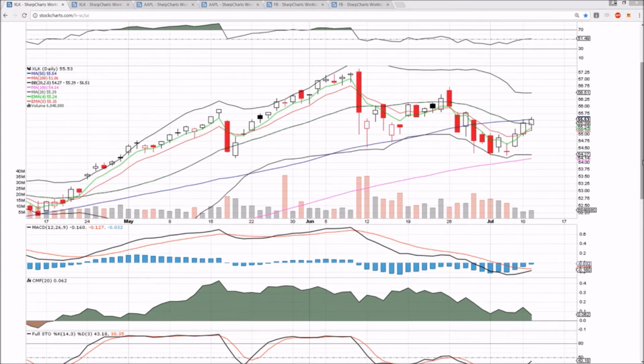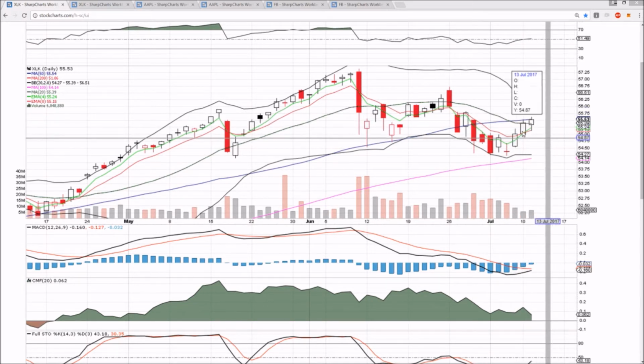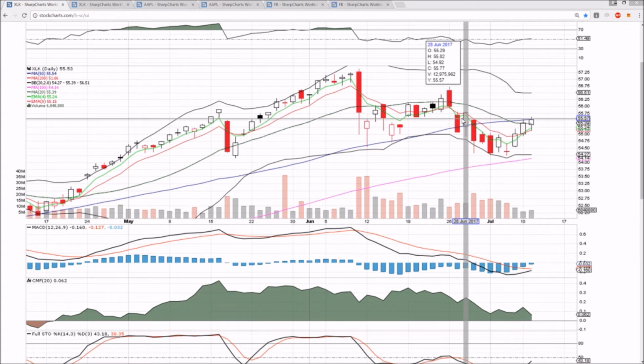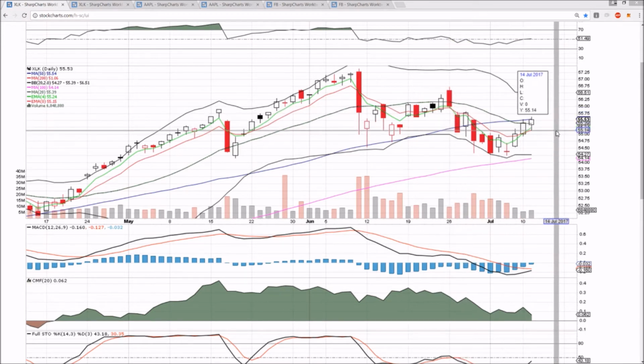We need a bearish reversal candlestick to be confident. I would like to see a loss of the hourly 20-period moving average to be confident. And that's that. So that's what I'm going to be looking for. We are rejecting from the 50-day moving average resistance at this point. If we get over that level, clearly the next level will be 55.82 to be watching. And then there's a little gap at 55.94. So those are the levels to be watching.